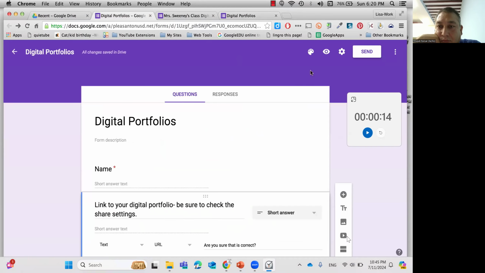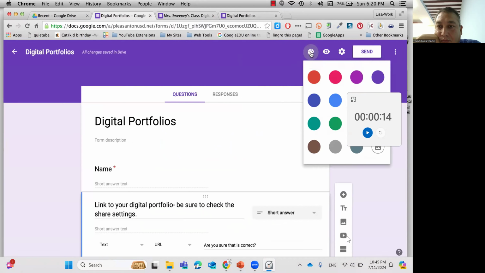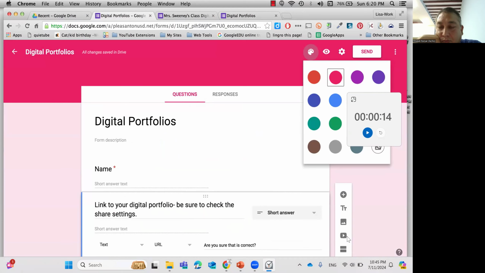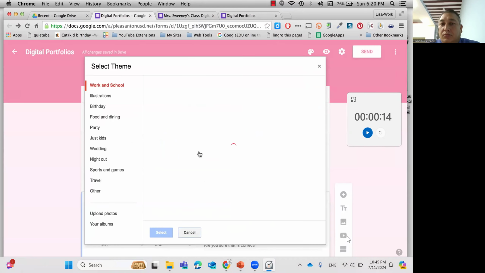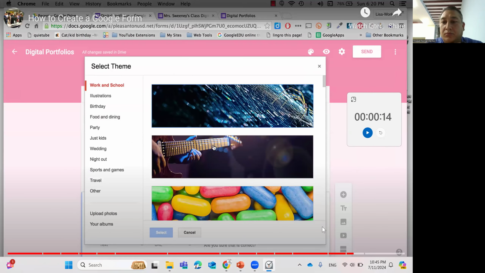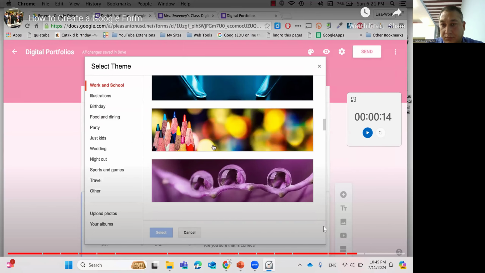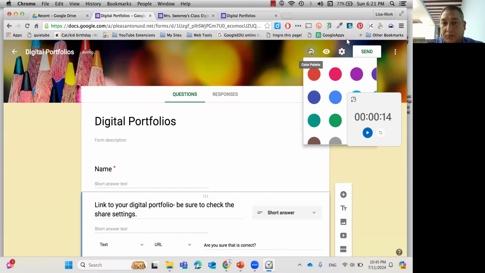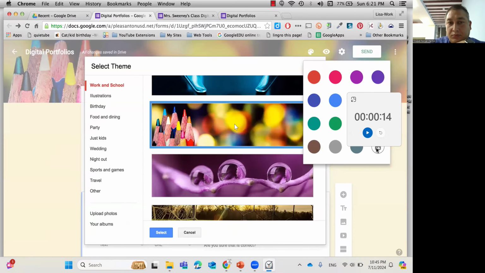One last thing I want to show you, if you want to make it look a little nicer, you can click on the color palette. You can change any of the colors, or you can get some images by clicking on the bottom square. There's tons to choose from, lots of different categories. So if I wanted to select this one, this is what it would look like. Just kind of changes it up. The other thing you can do, I just want to point out, you can insert and upload